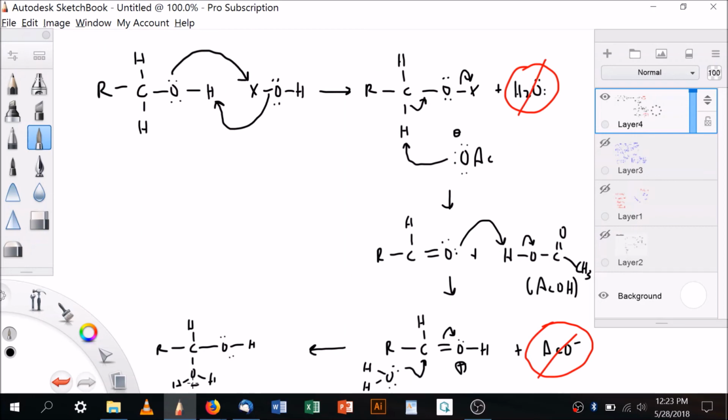Okay, and this has got a formal charge of +1 on it. Formal charge is going to be very important to help you keep count of everything. So now that we've got that,